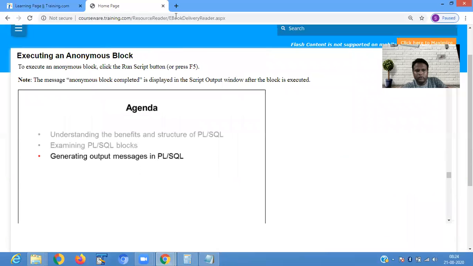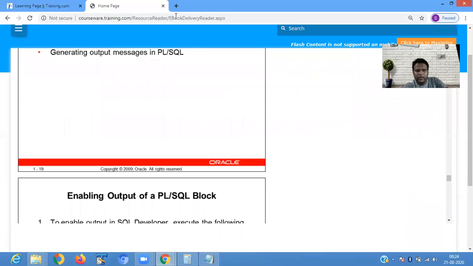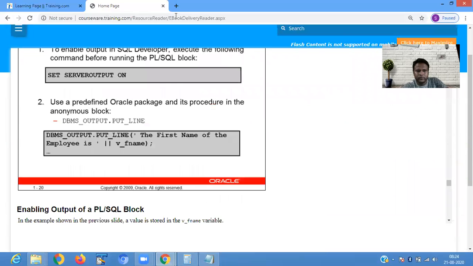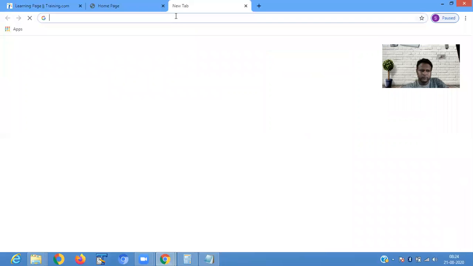Now, how does PL/SQL show the output or display the output?